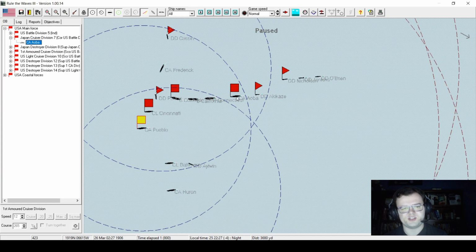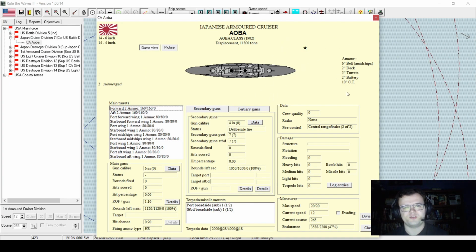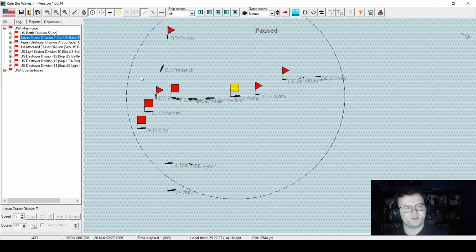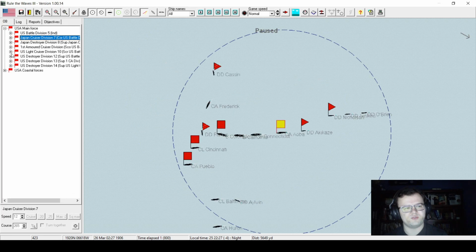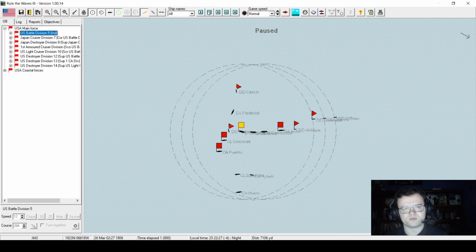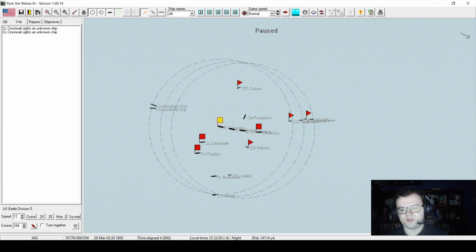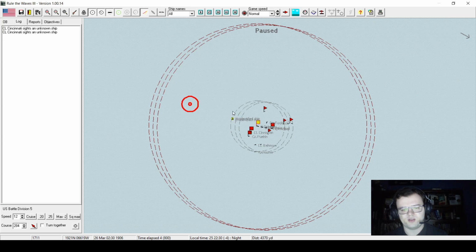Plus, from our esteemed Japanese allies, we have this armored cruiser Aoba, which has no guns larger than 6 inches, but it does have a hell of a lot of guns 6 inches, and a thick armor belt, so it's not terrible. And the destroyer Akikaze, so altogether, 3 battleships, 4 armored cruisers, 2 light cruisers, and 7 destroyers. Now, it just entirely depends. As you can see, the weather is kind of bad, but...